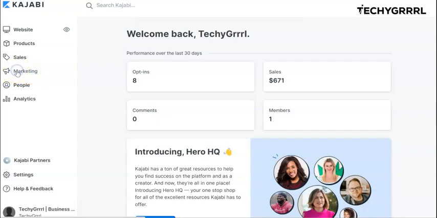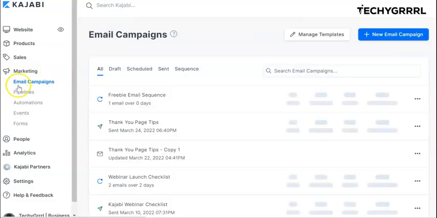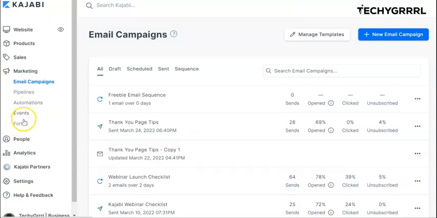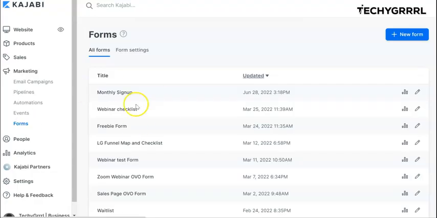Here, just click on this option and then you will see a lot of options over there, but we need to go to the forms. We'll go to the forms and then here we'll create a new form. So just click on this option